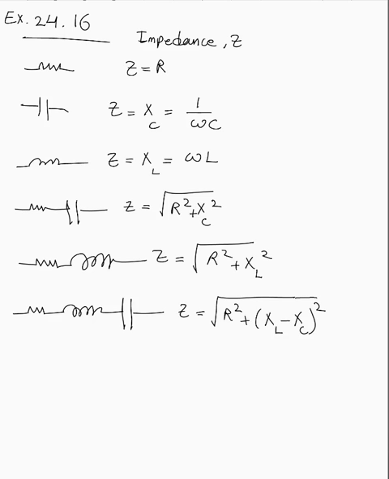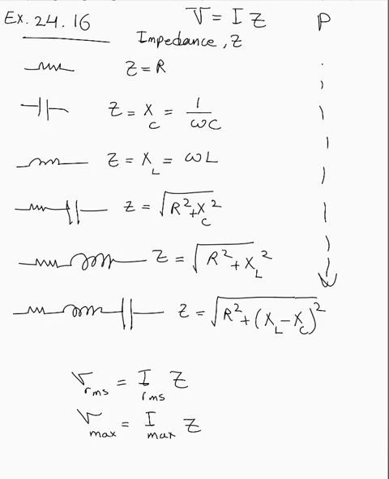So Ohm's law in the most general form is V equals I Z, and if you have RMS, then both sides should be RMS values, and if you are talking about the peak or the maximum amount, then both sides should be maximum amounts. Now, there are equations for the power in each case and for the phase angle that you need to study yourself, and these equations are all